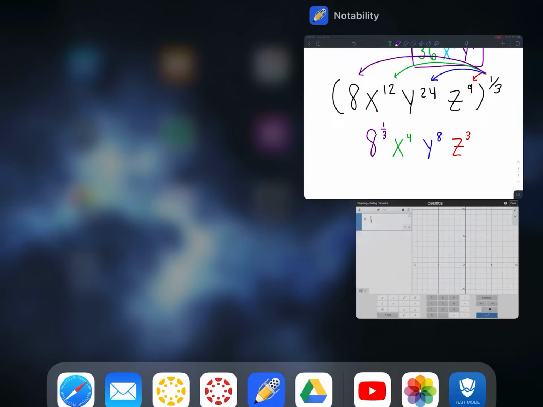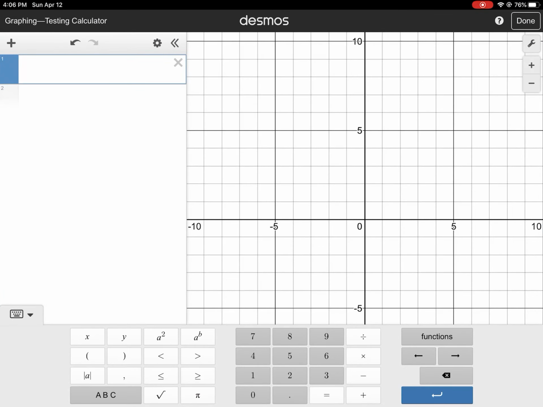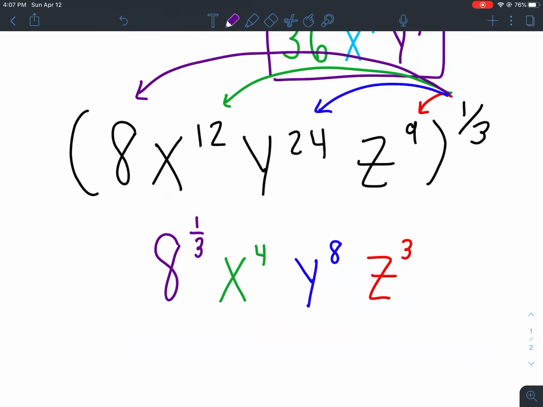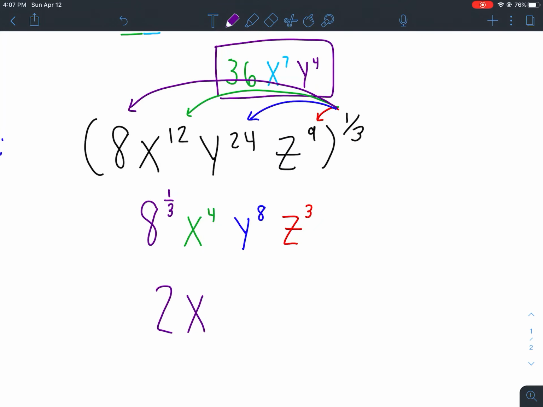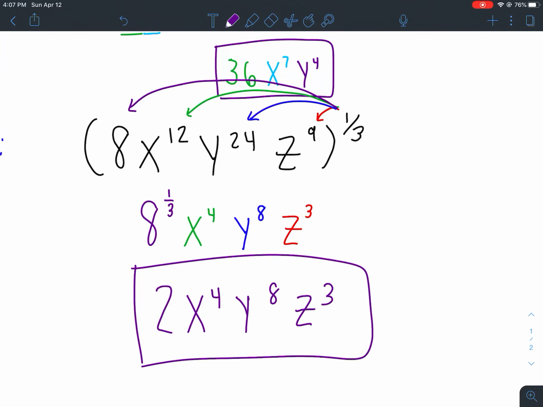That doesn't make sense. It breaks a lot of laws. Well, what's 8 to the 1/3? We're going to type in the 8 and then use that A to the B button, right? I'm spamming it, so hopefully you can see it. And then 1/3, 1 divided by 3. And that gives me 2. So my final answer is 2, x to the 4th, y to the 8th, and z to the 3rd power. And that is